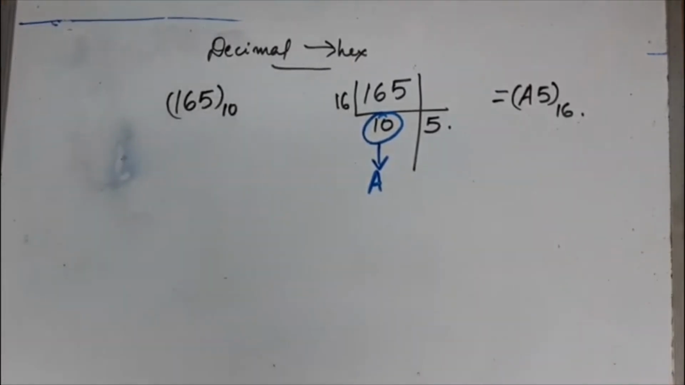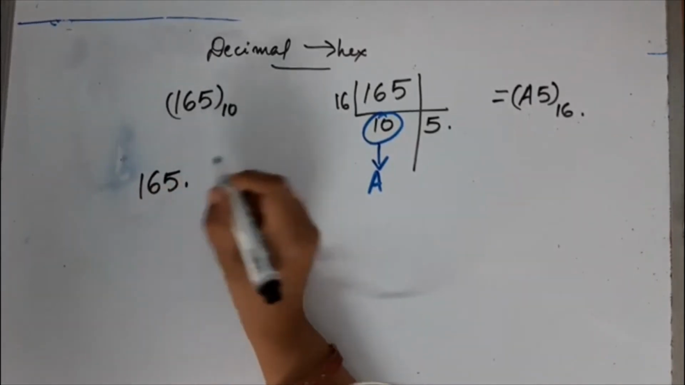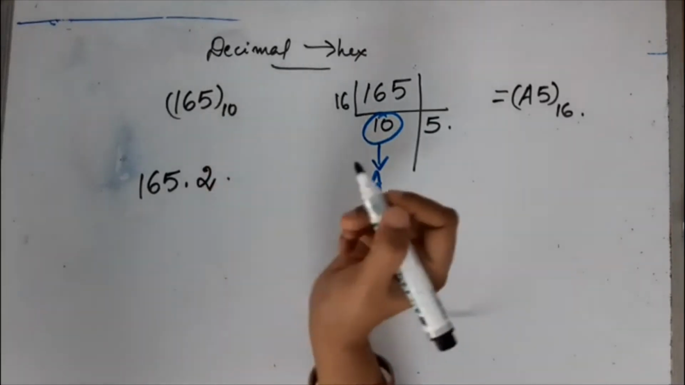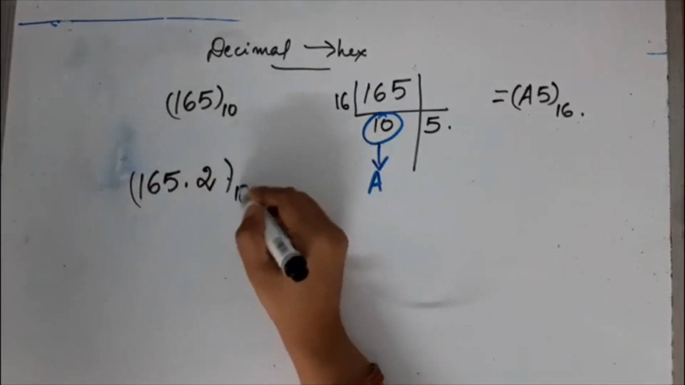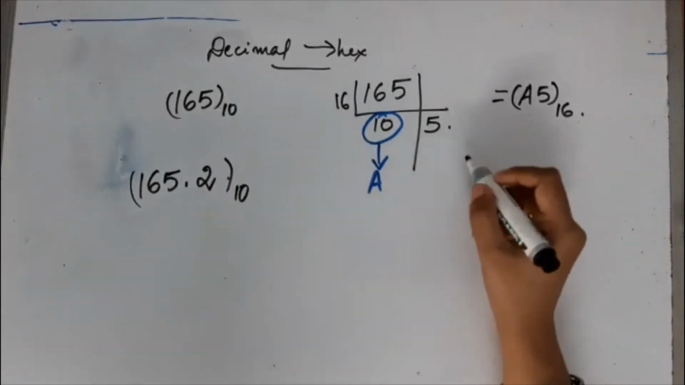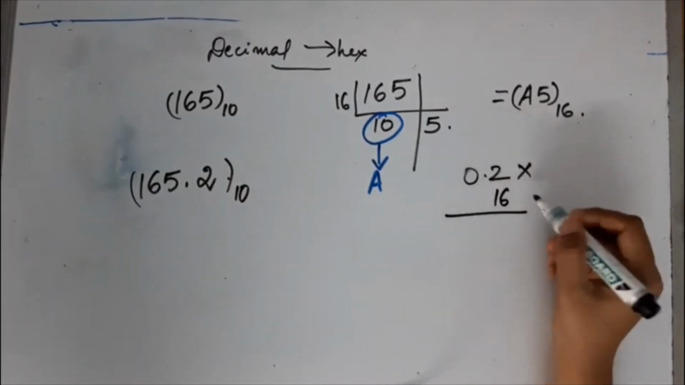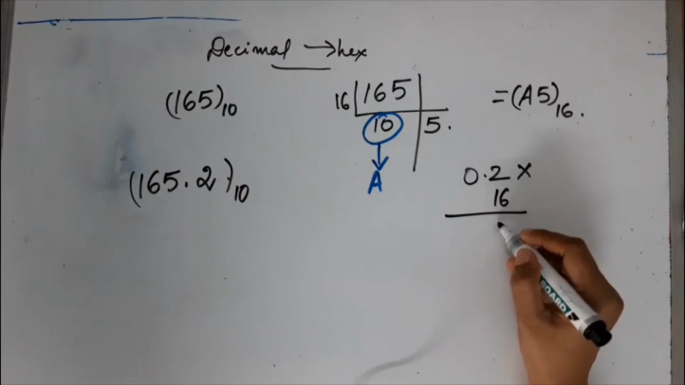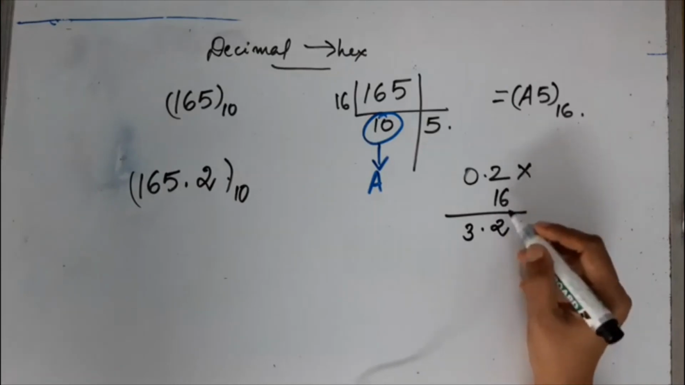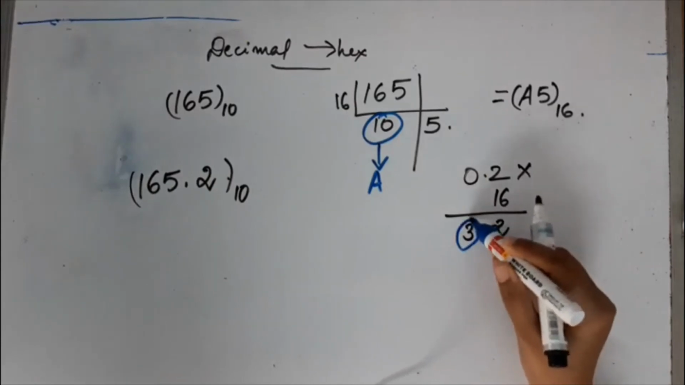Now suppose we have 165 point say 2 to the base 10. So for that 165 we already know. 0.2, how do you take? 0.2 into 16. So that will be 3.2. Okay, 0.2 into 16 will be 3.2 and we will take this 3 out